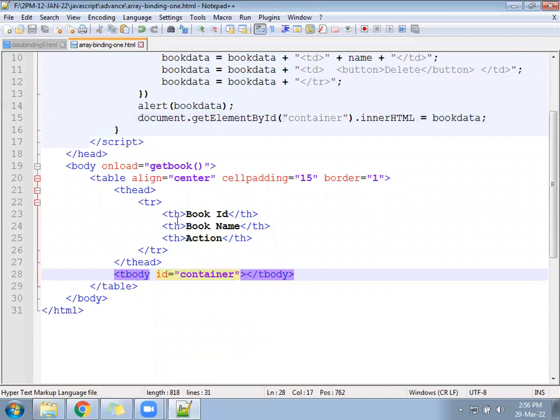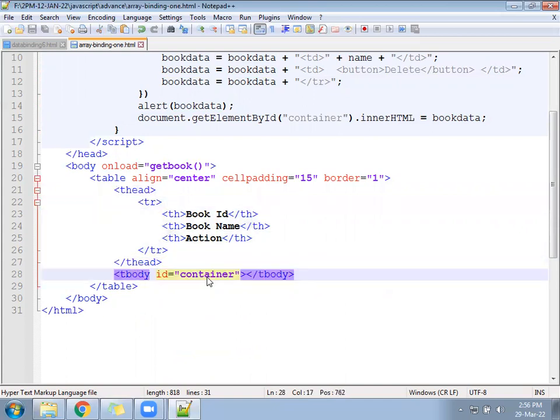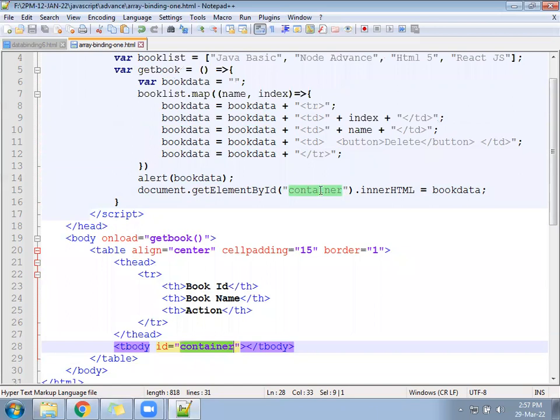Under the T body, just like under the T head, how you have written the TR, in a similar way under the T body we have to write the TR. So instead of writing manually, we ask the JavaScript, you generate the TR, and the list of TR you send to the container. Under the container you will have a list of TR.